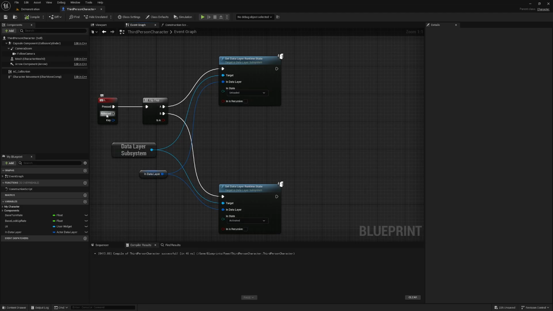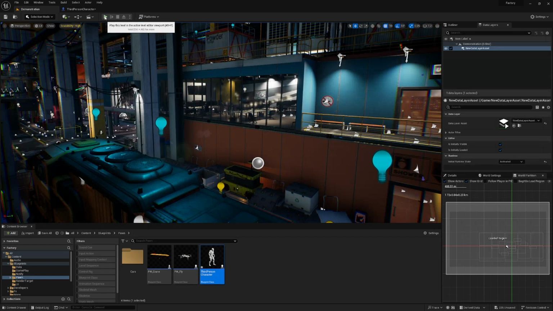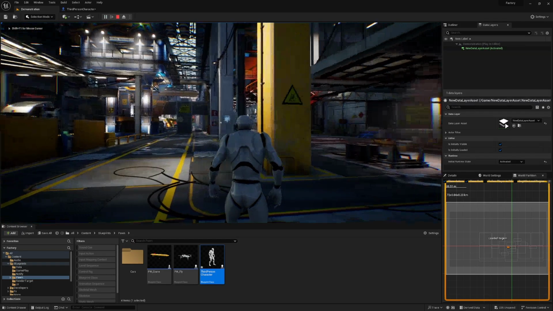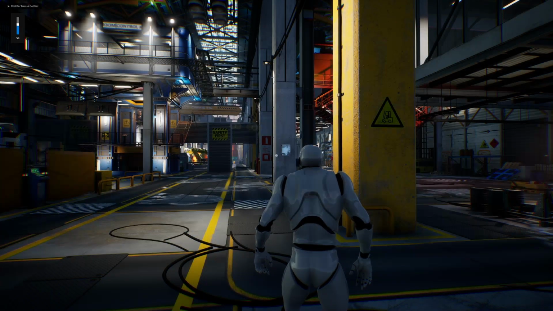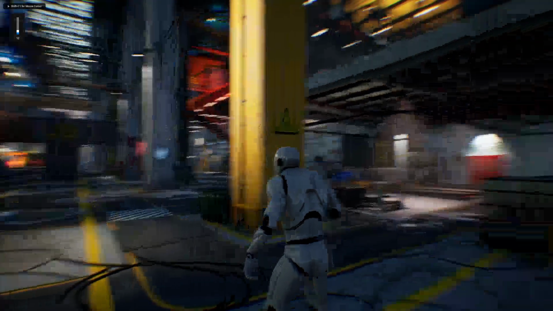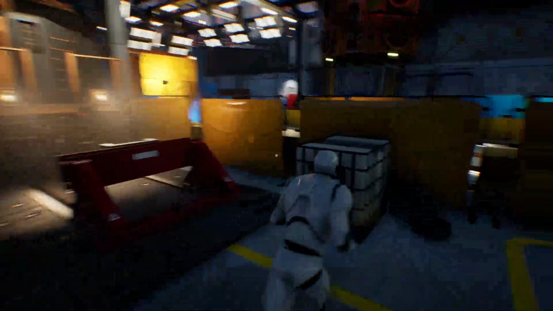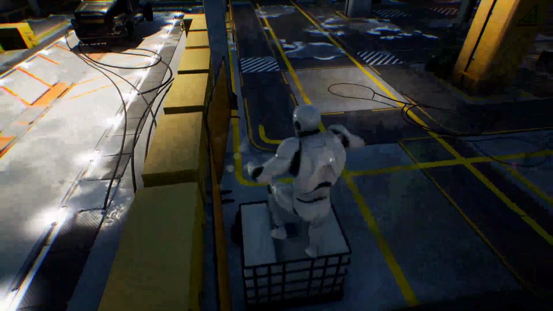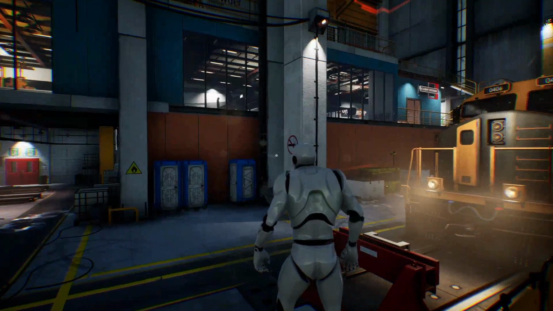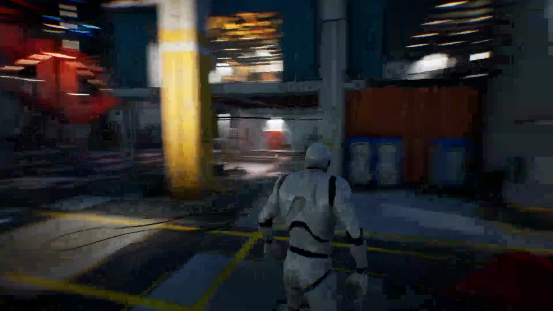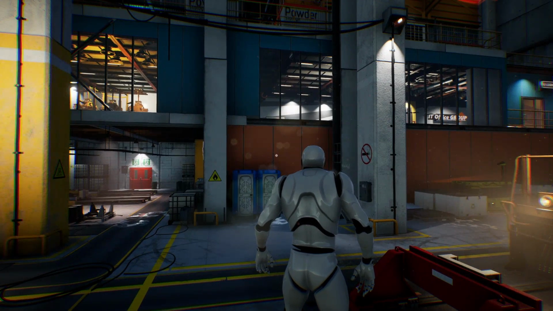Alrighty, so now when we press L, it's going to execute A and unload that data layer. And if we press it again, it's going to activate it. So I'm going to hit play now. And I'm not going to bother bringing up my frames per second because this is actually not going to make a huge impact on performance because this is a relatively small amount of data that we're actually hiding here. That is why in the demonstration I loaded up a whole another copy of this entire environment so that you can see the difference. But if I press L here, you'll see that data layer is unloading